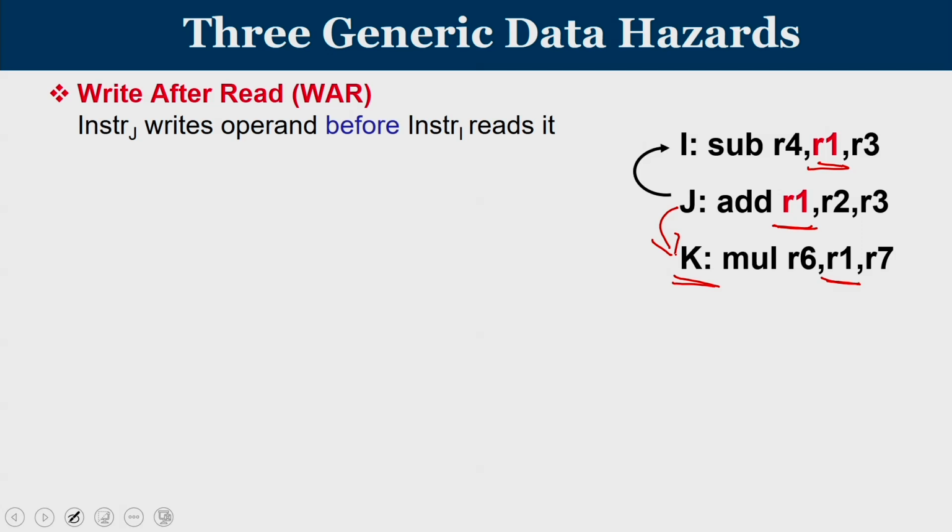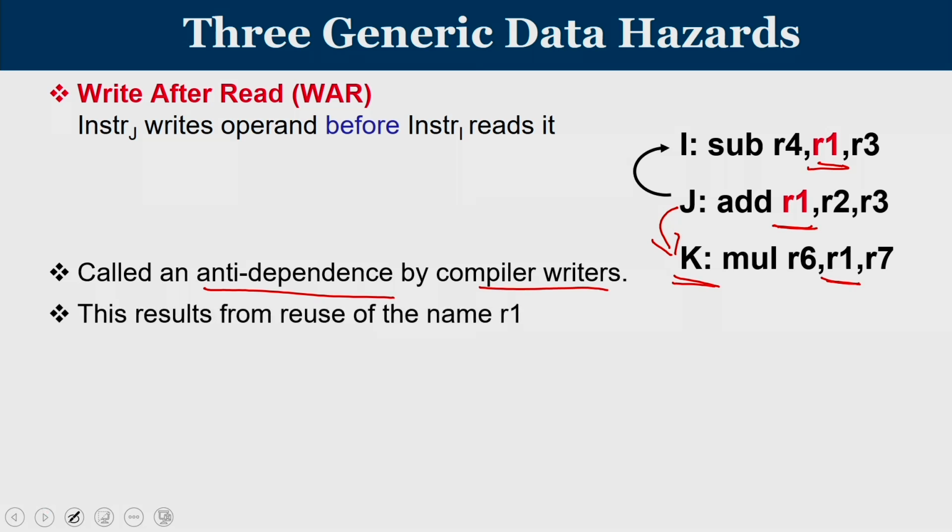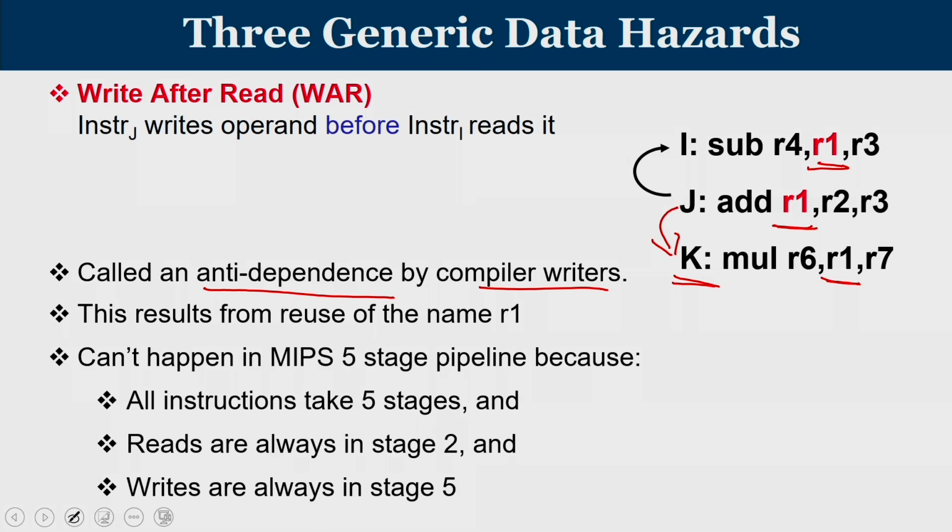But think of a scenario where instruction I cannot read the value of R1 and the processor is permitting instruction J to go ahead with its work and complete it. Assume that I reads the value of R1 after J writes on it, then it leads to an incorrect execution. Actually, instruction I is supposed to read that value of R1 prior to the updation of R1 by J. So, this scenario is known as anti-dependence by the compiler writers. This results from the reuse of the name R1.